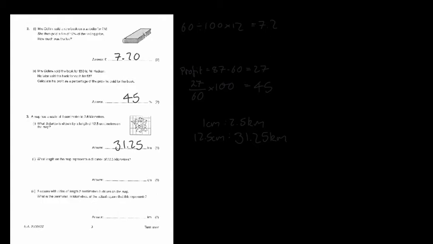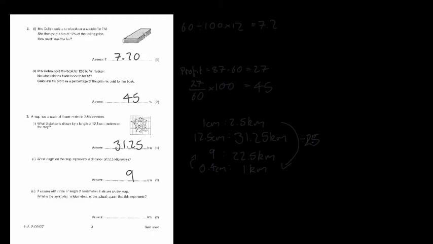What length on the map is represented by a distance of 22.5 kilometres? Well, we either work out what 1 kilometre is. Yeah, that's probably the easiest. So 1 kilometre is 1 divided by 2.5, which is 0.4 centimetres. So to get from there to there, I divide by 2.5, and then once I've got 1, I just times by 22.5, which is 9